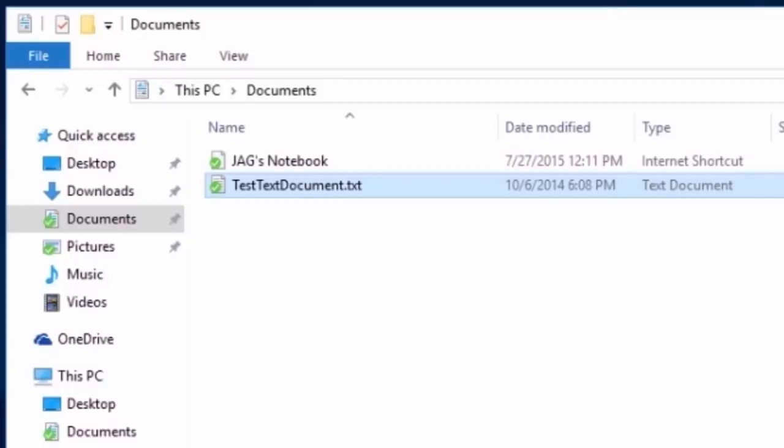More than one file can be shared at a time by selecting multiple files. Selecting the Share link on the menu